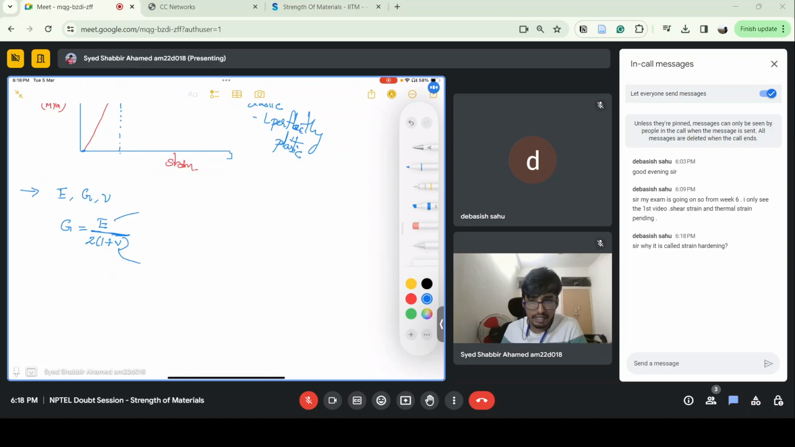So if we know two, we can get the other one. That's why this relationship has been derived in the class. It's a very simple derivation. You can do it using the principal stress and principal strain approach, sorry, the Mohr circle approach for 2D